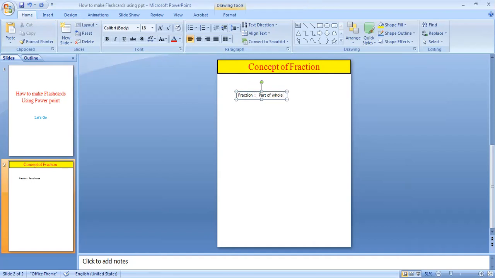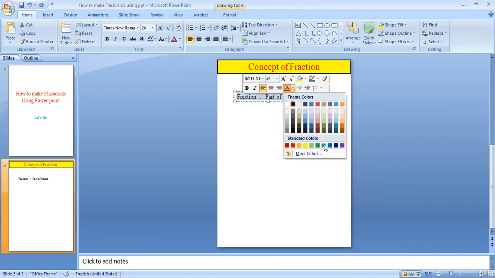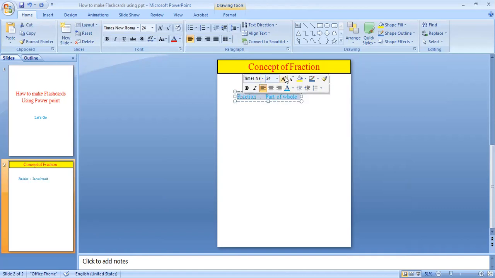Part of a whole is known as a fraction. Also I can change the font and font size, whatever, and you can also put it anywhere on this page.